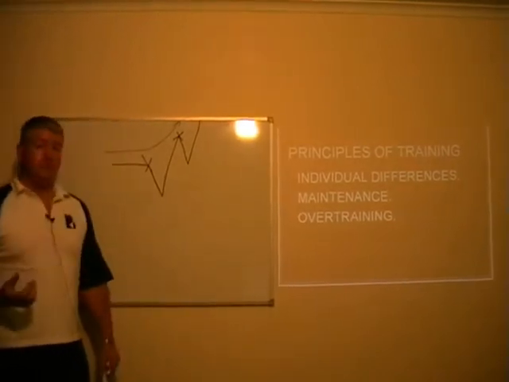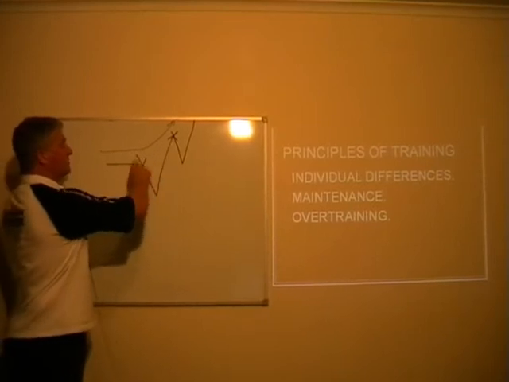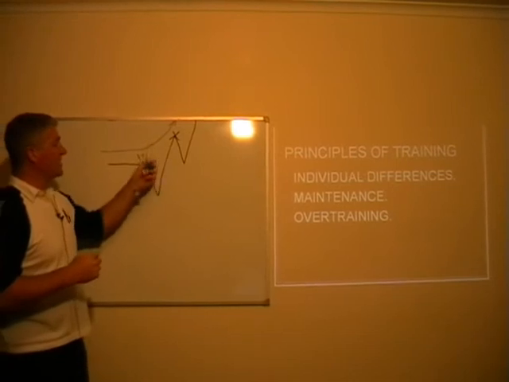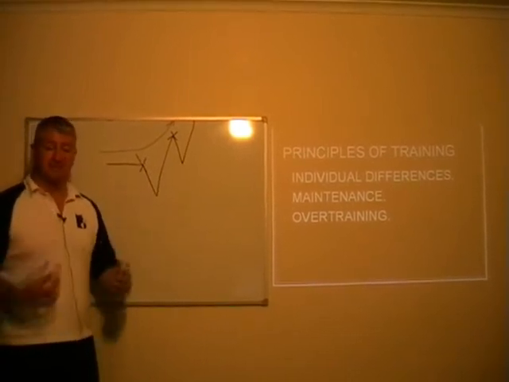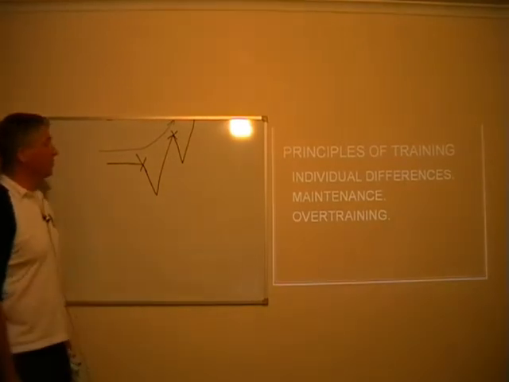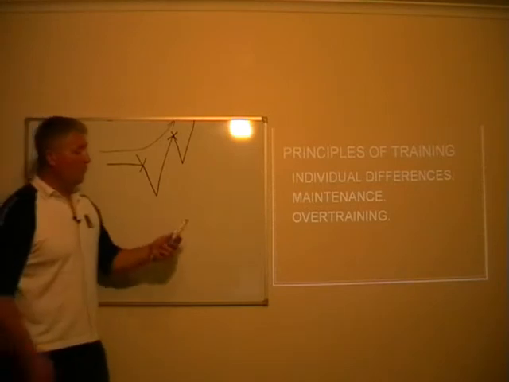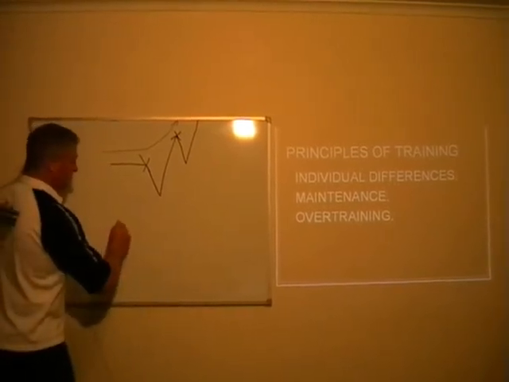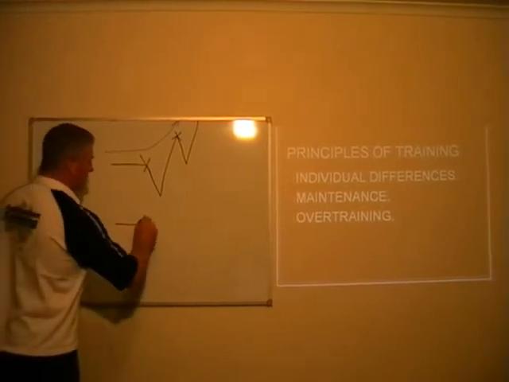Now, for a beginner, it's recommended that approximately 48 hours is the time spent between training sessions to ensure this adaptation, to ensure that our body supercompensates, has enough time to recover and look upon the next exercise session with vigour. What happens with overtraining is that we start at the same level, that's our exercise goal, we apply our training load,